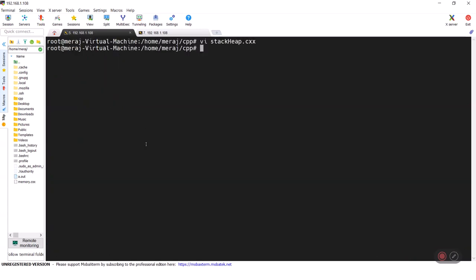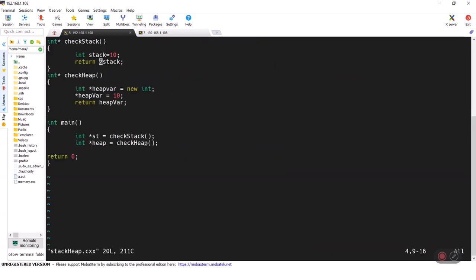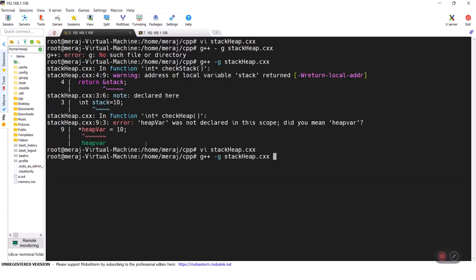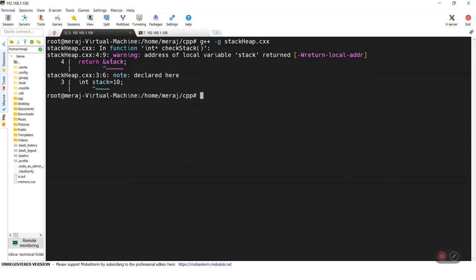Now let's try and debug our program. Let's compile it. It compiled fine, but we got a warning saying we are returning the address of a local variable.